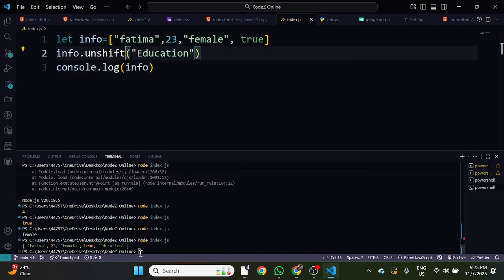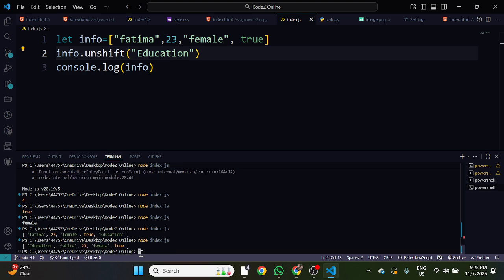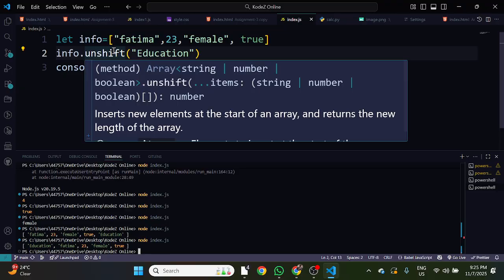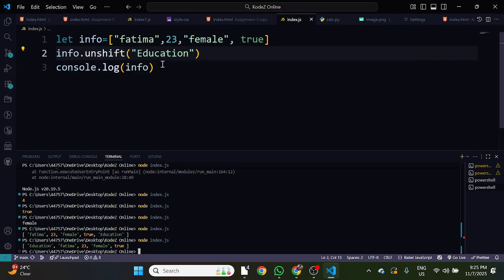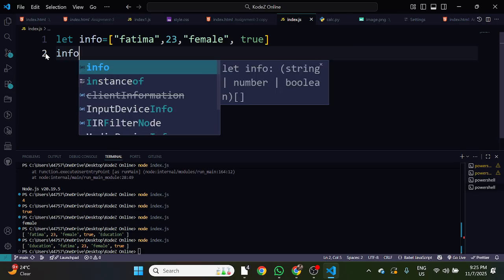Let me see it. See, now just see it, this education is getting added at the starting of your array. So we use the push method to add some element at the end of your array, and to add something at the starting of your array, we use unshift. Similarly, we have some more methods, like shift, to remove some element. Info